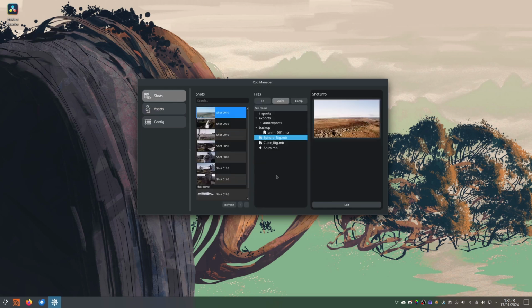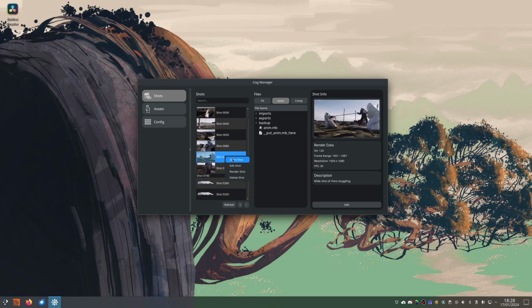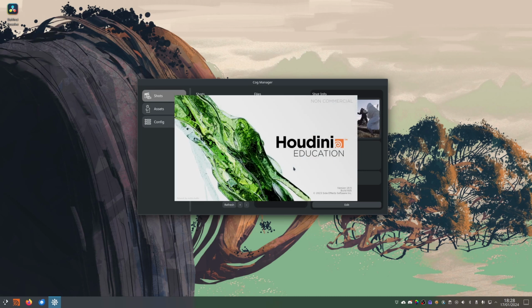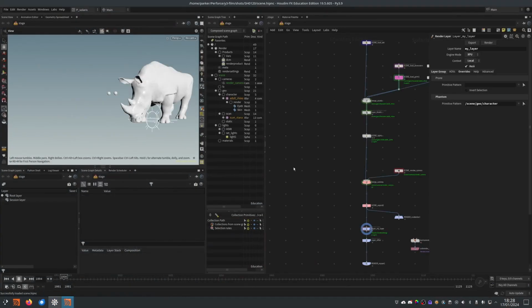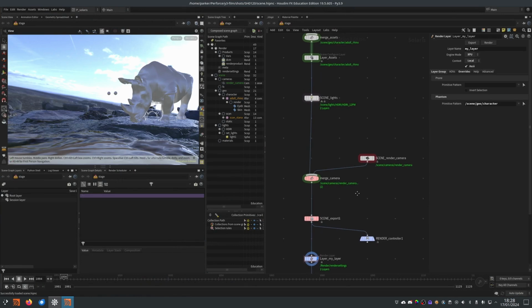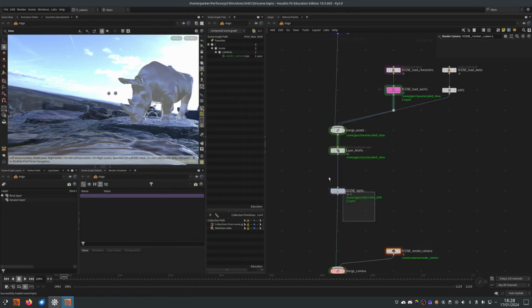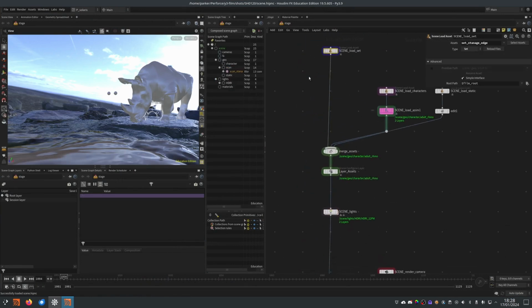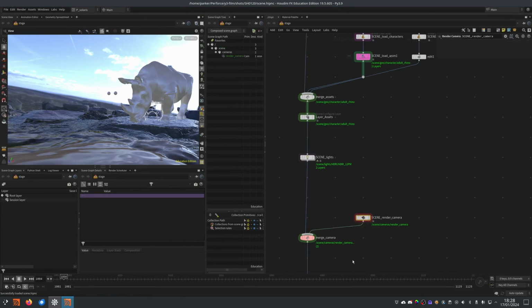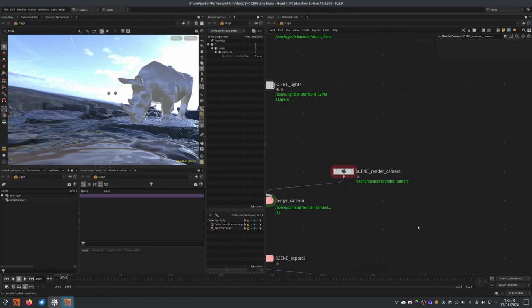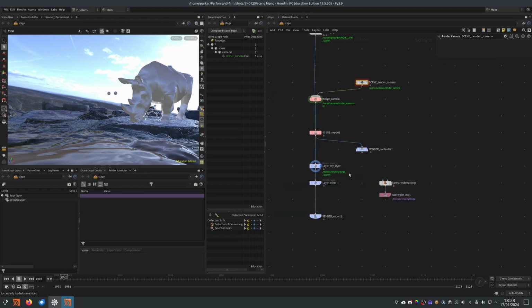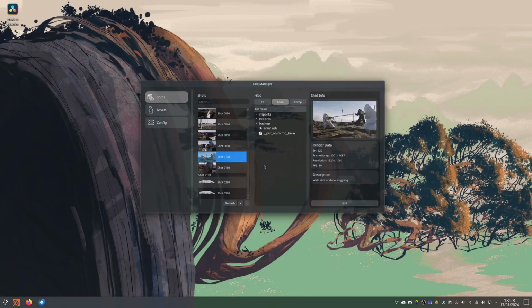The main purpose of this is to open shots. We can open a shot here, and it's going to load in a bunch of environment variables that we use in all of our tools. Most of these HDAs are relying on these environment variables to know what to do. For example, this render camera, it doesn't have any inputs, it's reading those environment variables to decide which camera to look at. If we instead load up COG through the terminal,